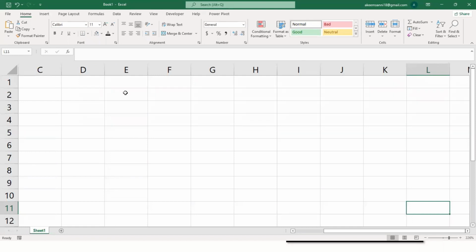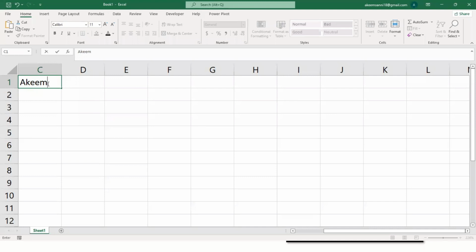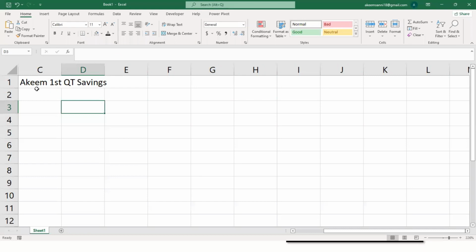Right now, let's say I want to calculate my savings quarterly. So I'll write Akeem first quarter savings.